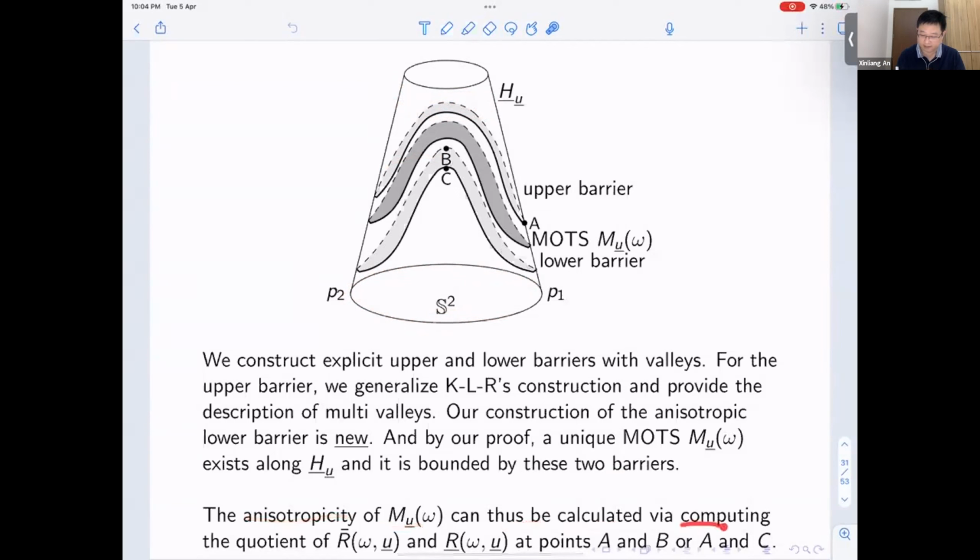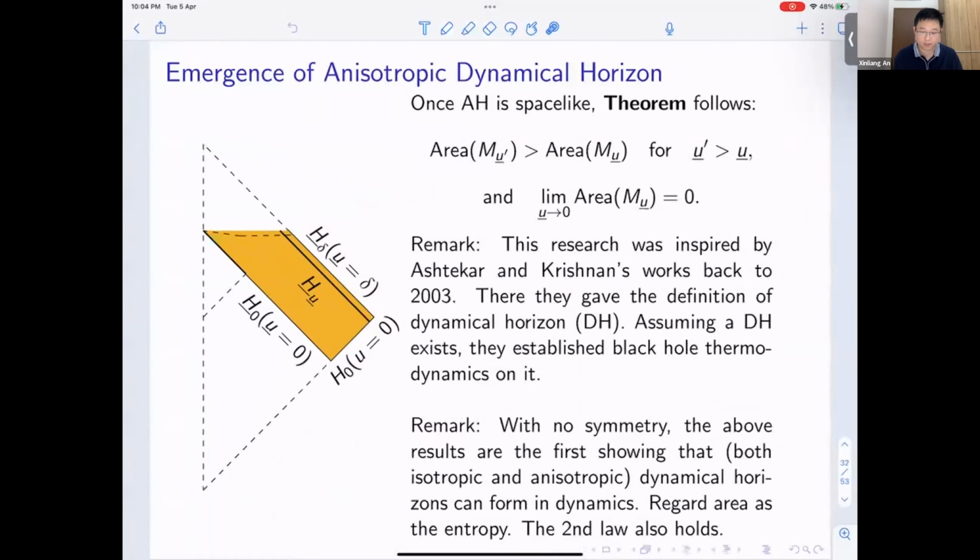We are calculating, because we have the barrier, the corresponding upper bar and lower bar at these points. And by doing this, we can really demonstrate these are anisotropic the modes. And all these things are explicit from the initial data, which is that there's no trapped surface at all, right? Okay, so once the apparent horizon is spacelike, which is guaranteed by the result with Qing Han,